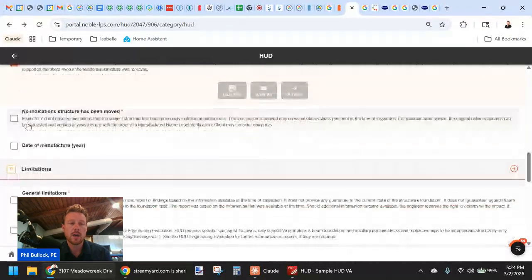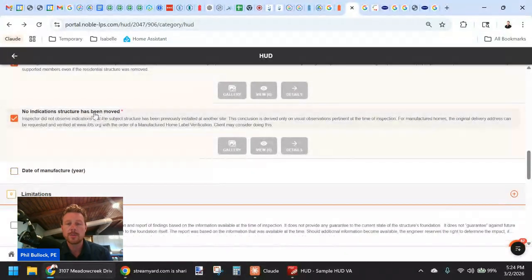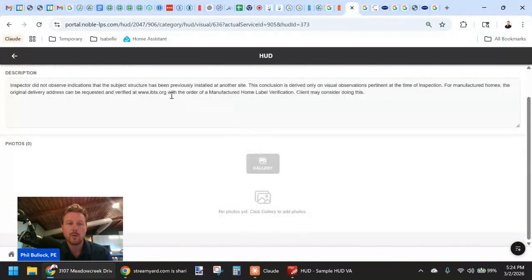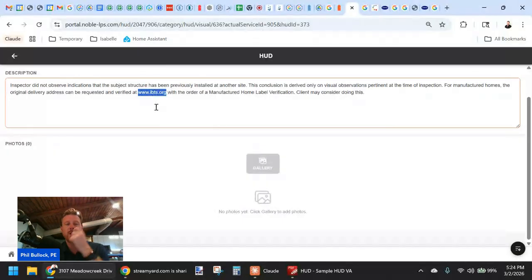Sorry, the comments. So we ask you to check this if there's no indication that the structure's been moved. And in fact, if you click on this details, you'll see that we provide this website, ibts.org. This website is where the client, we don't do it for them, they can look up the label verification using the number, and they can see information about the manufactured home, like when it was built, where it was moved